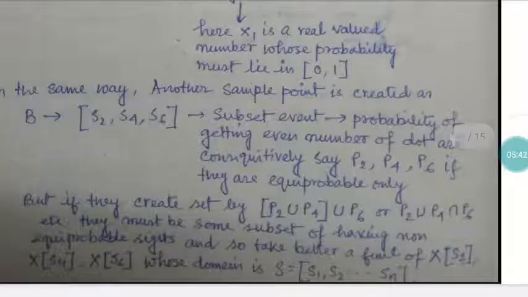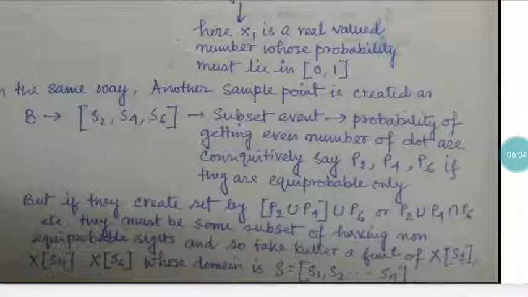But if they create a set by P2 union P4 union P6, or P2 union P4, P2 intersection P4, the reverse U, that is called the intersection sign, that I want to mean